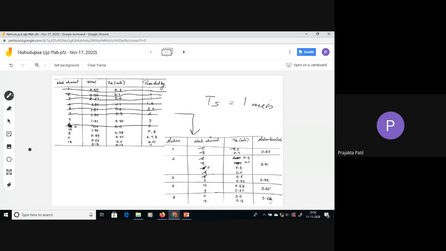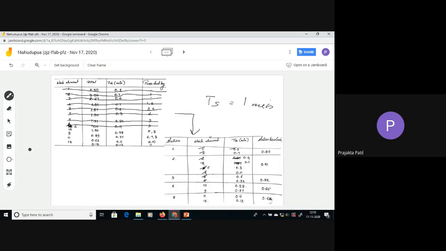Again, repeat from top. 1, 2, 3, 4. Okay, all of this. What about 7? Can I put 7? Yes, I can put 7. Precedence 3 is required, that is there, and 0.32 does not exceed 1 minute, so 7. What is the total? 0.92. Can I add anything further? No, either the precedence or the TK values will not satisfy the conditions. So let me close station 3 here itself.